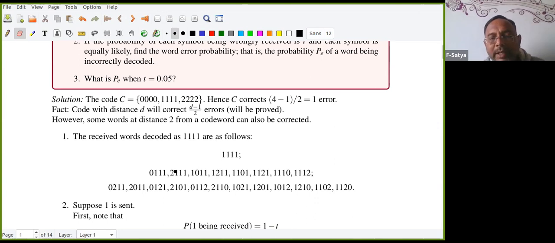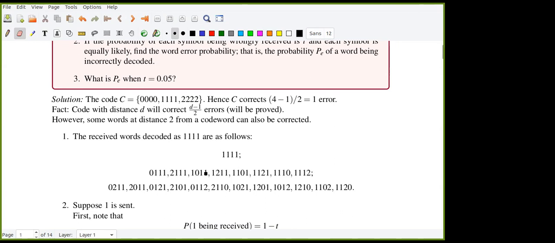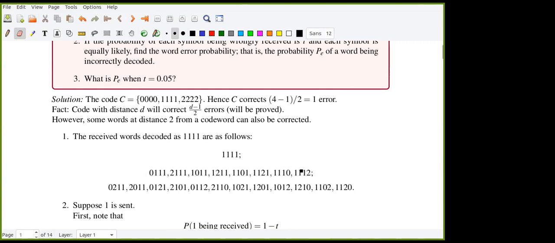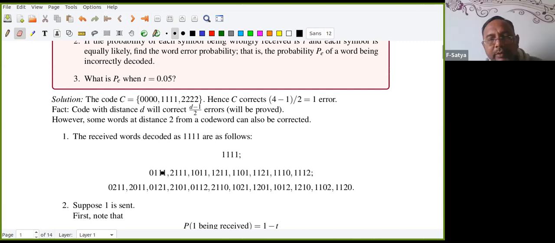So in total, how many are there? How do you count them? That we need to see. Somebody can point out how you count them? Total how many are there? One by one, after one you go. Here all of them are 1s. Now what is common in these words? Every word has at least 2 ones. In this first one, there are 3 ones, and in all of them there are 3 ones. So how many are there? How do you count them?